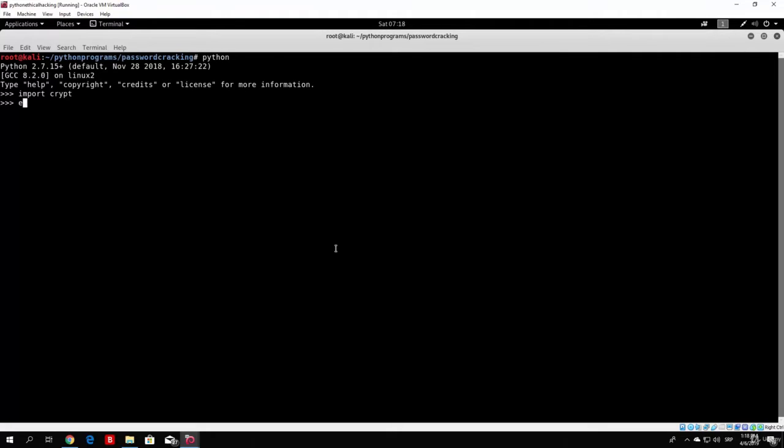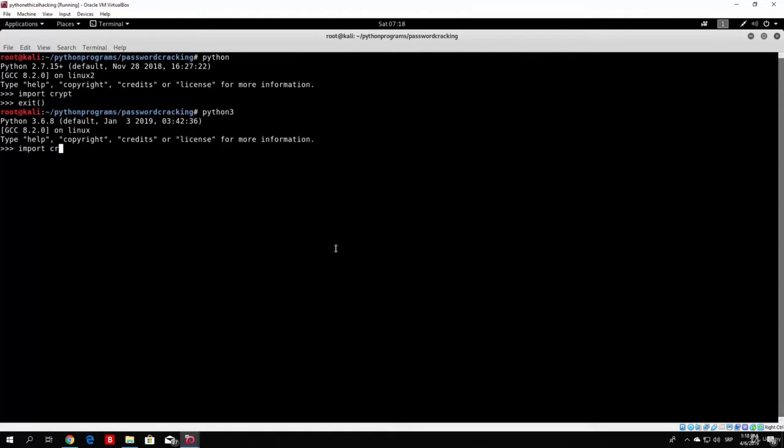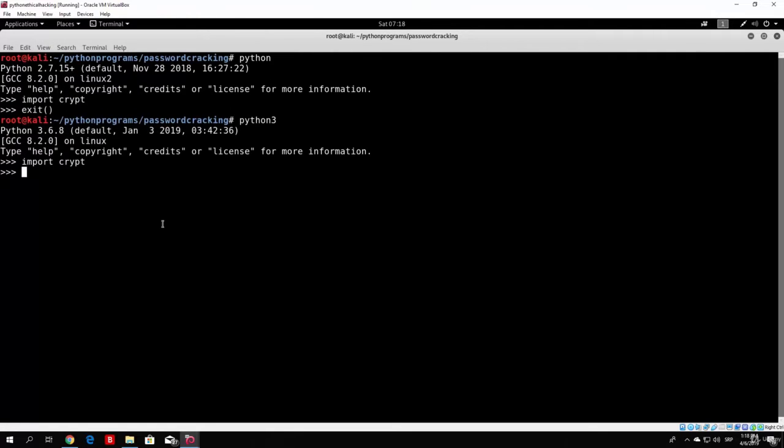Let me just check if it actually comes pre-installed in Python 3 as well, so we can try to import it there as well. And you can see that it does come in Python 3 as well. So let me first of all zoom this in so you can see it better. And what this allows us to do is make, or encrypt, a password in plain text with a